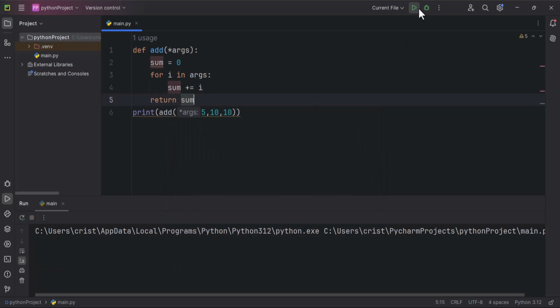Now if I run this, we have 25, so we have 10 plus 10 plus 5, 25, and now I can pass as many arguments as I want. If I run this, we get